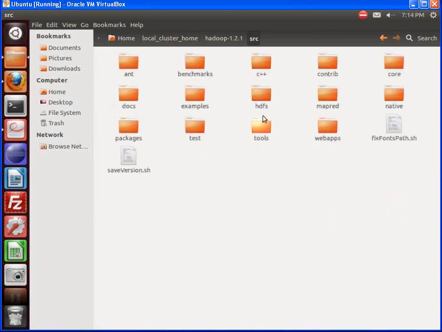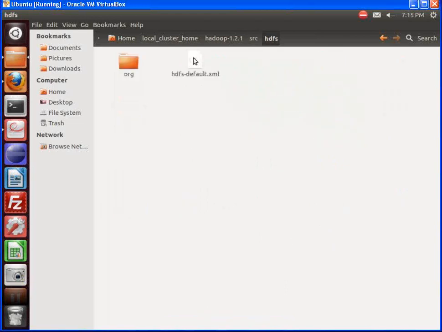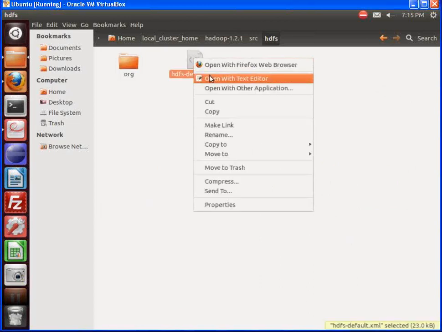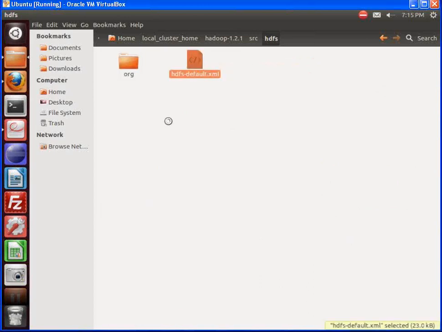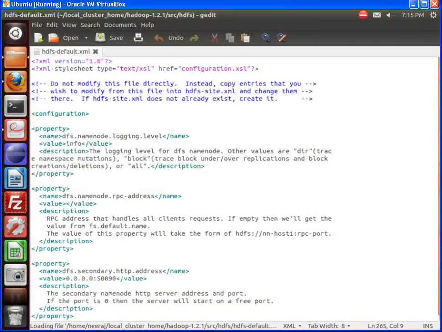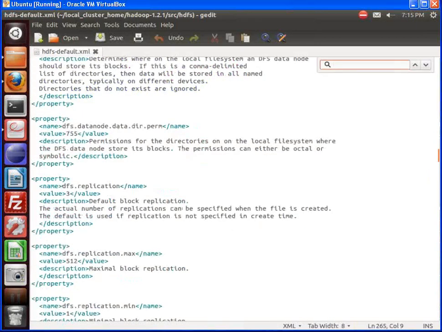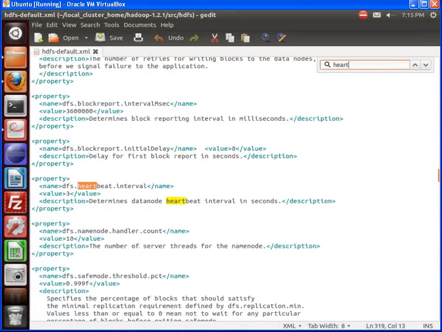And then let's start from HDFS default.xml. We'll search it out in this one. If we will not find the property in this one, then we will search in some other default file. So let me search. Okay, you can see this one,